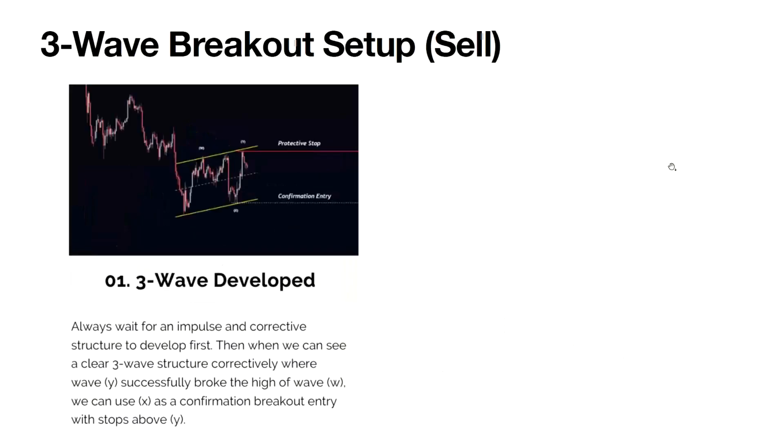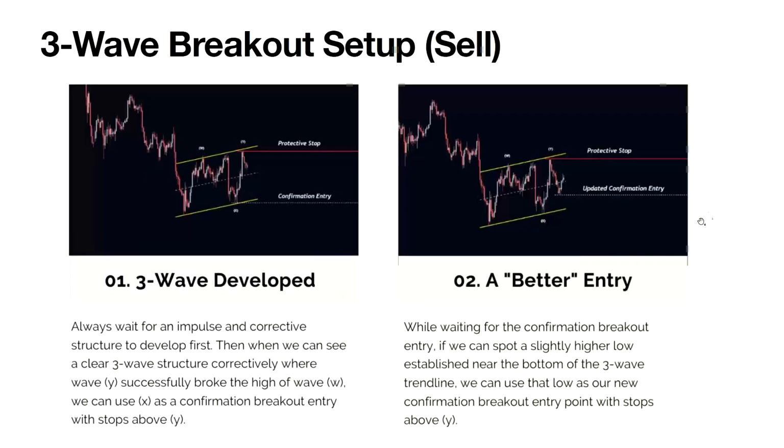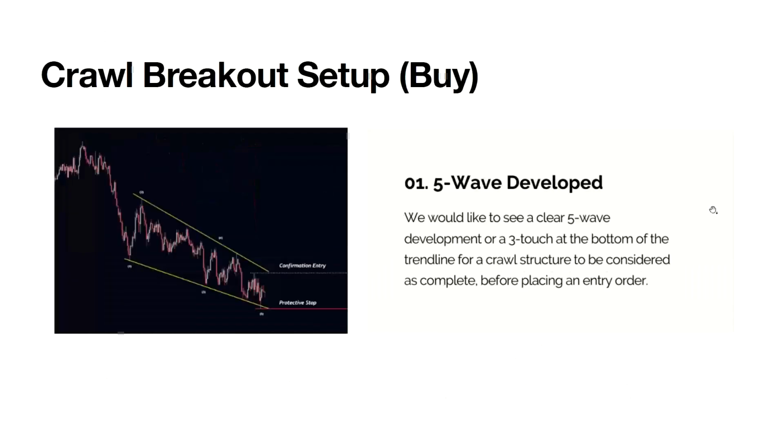Then we have the sell side of things. Then lastly, what we have over here is a crawl breakout setup. The crawl pattern is essentially trading the reversal. So just now the first two were trading the trend continuation, and this is trading the reversal. Same thing, the principles, the processes, the criteria more or less need to be there. You need to be very clear what you want.